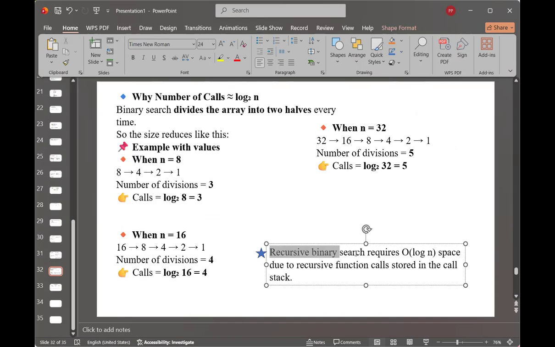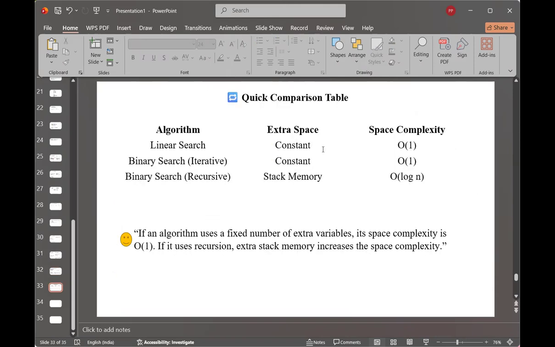Okay, so recursive binary search requires big O log n space due to recursive function calls stored in the call stack. All right, so I hope you got this concept, how to find the space complexity as well as